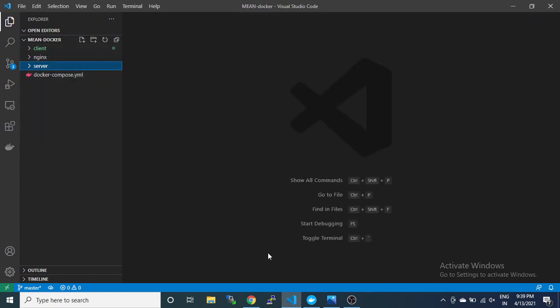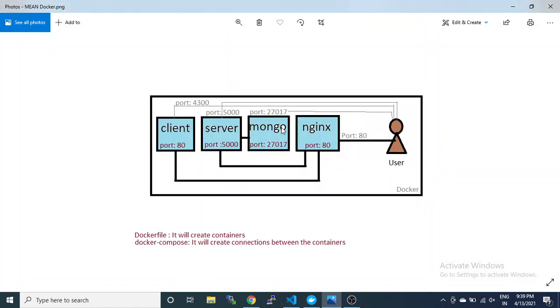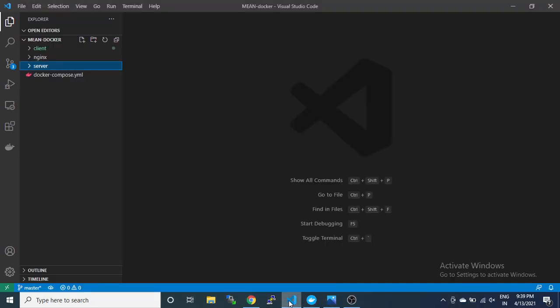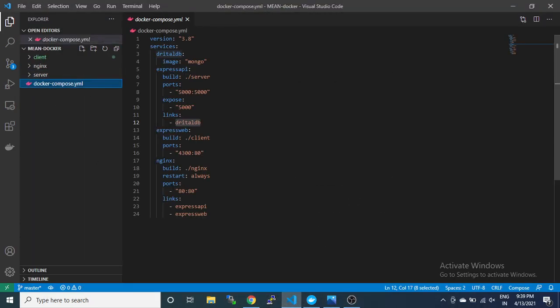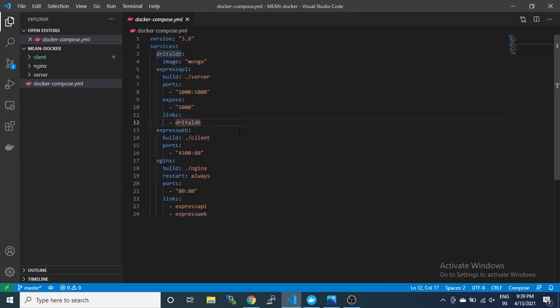So all the Docker files will each create a single container. Okay, and this Docker Compose file will be responsible for the connections. So you can see that the Express API and DrittleDB have a link between them with the name DrittleDB.